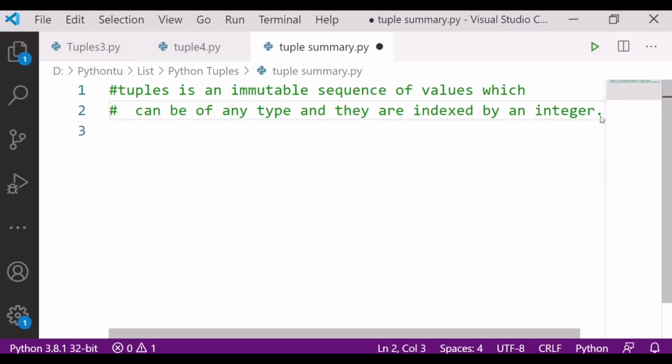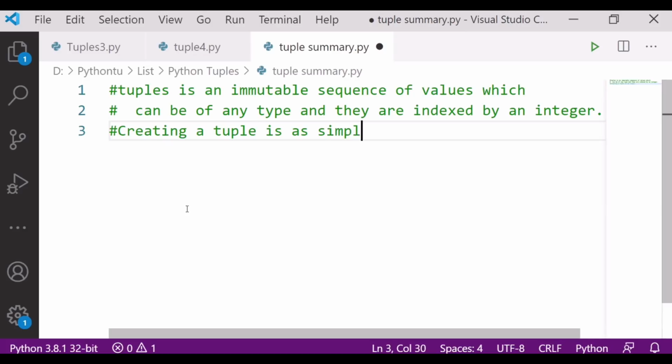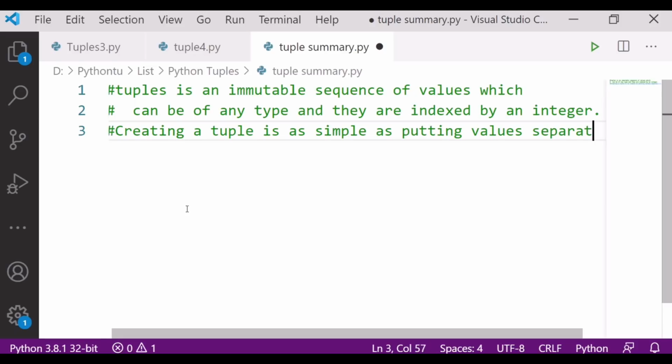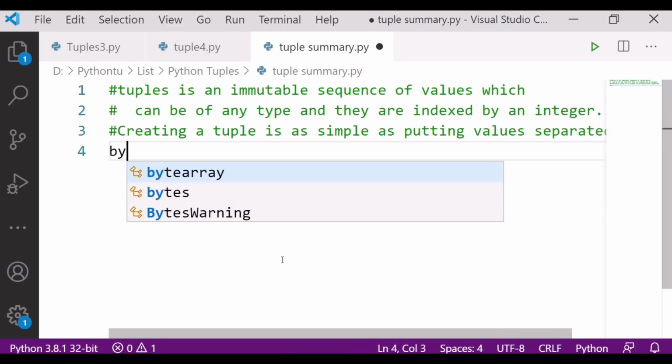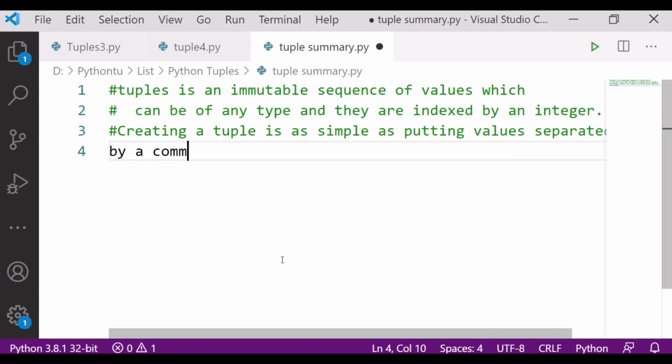Next, how can we create a tuple? By using parentheses. Creating a tuple is as simple as putting values separated by a comma.